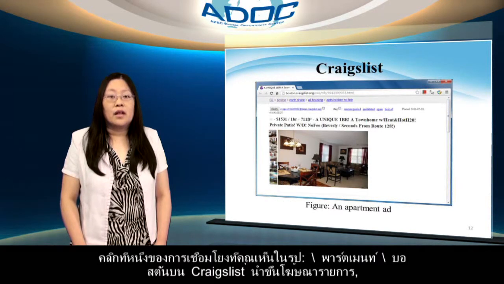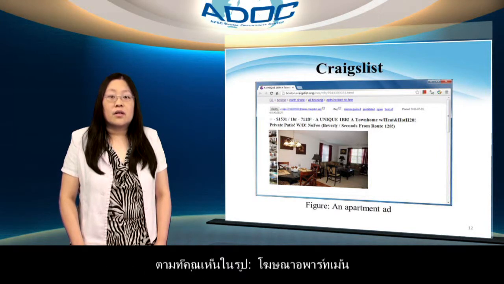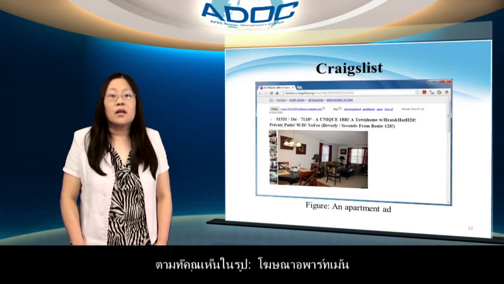Clicking one of the links you see in the figure brings up the listing ad. As you see in the figure, an apartment ad.